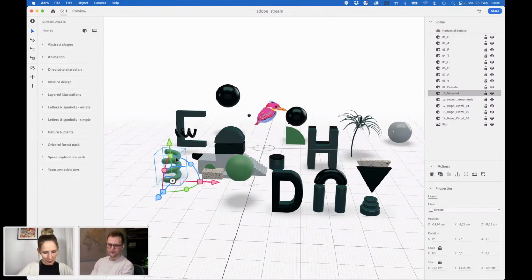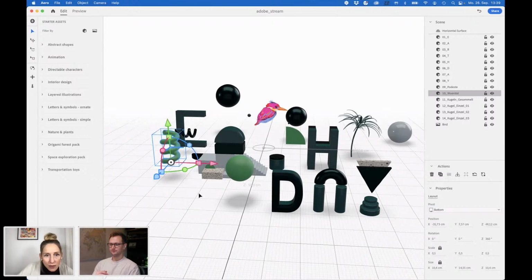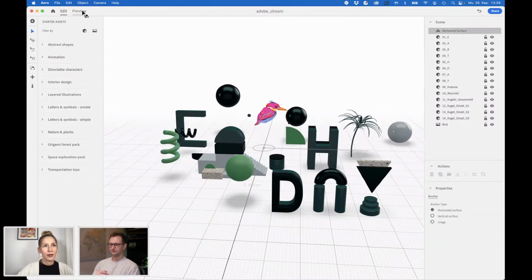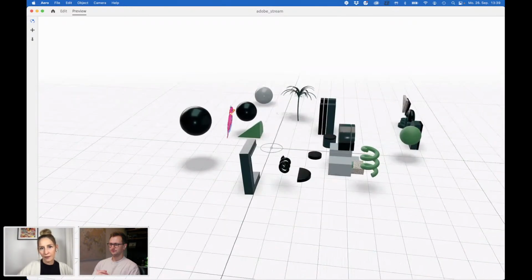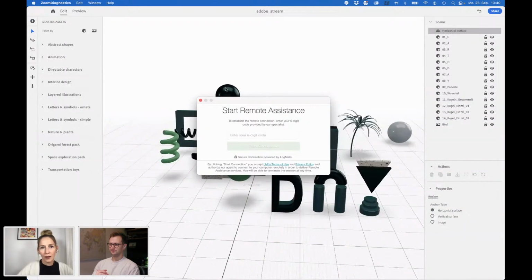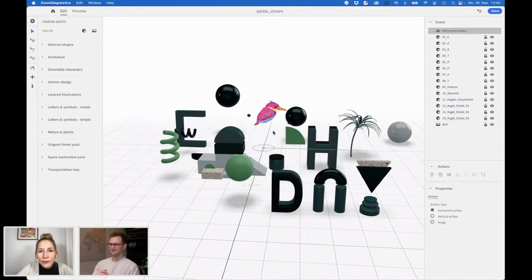So maybe we put this one also a bit in the front. Let's jump into the preview. Perfect. So, for example, what I want to show, because I'm always keeping an eye on the clock, is I want to add some movement as well, or some kind of actions for